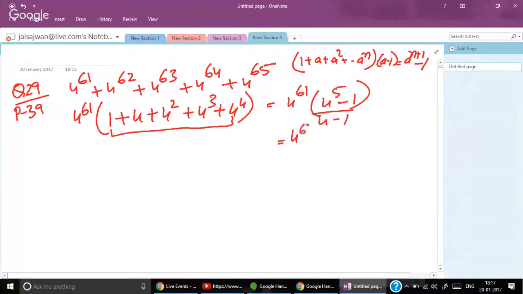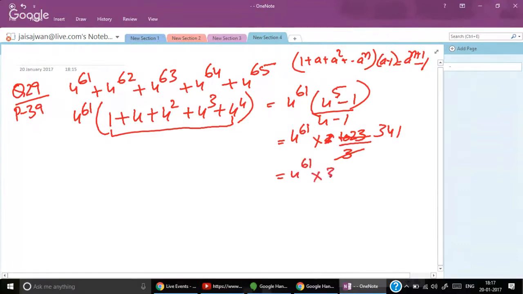So this comes out to be 4 to the power of 61, and this is 4 to the power of 5 minus 1 upon 4 minus 1. That is 2 to the power of 8 is 256, 255. Sorry, this is 2 to the power of 10, which is 1024. Minus 1 is 1023 divided by 3. 4 minus 1 is 3. So 3 3s are 9, 3 4s are 12, 341. So I would say the number